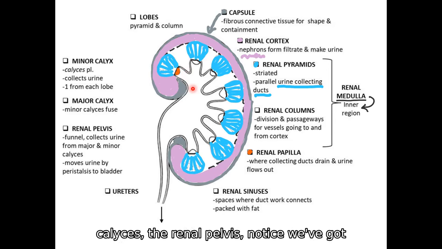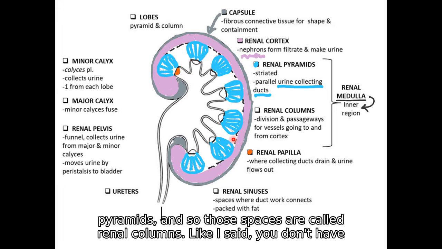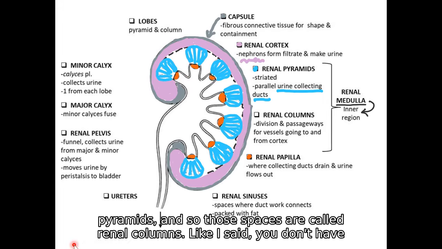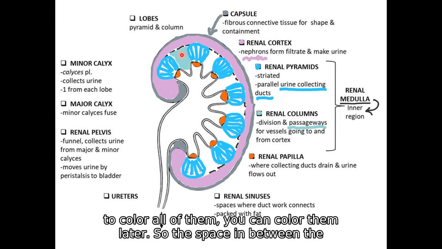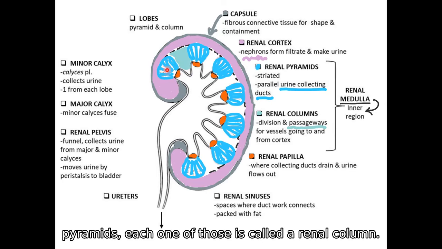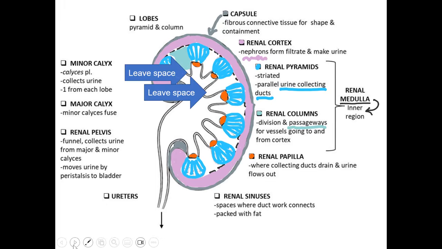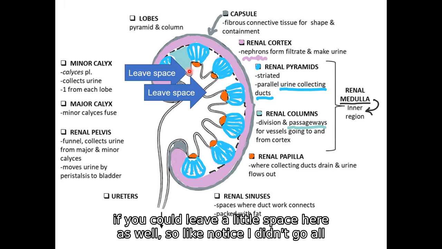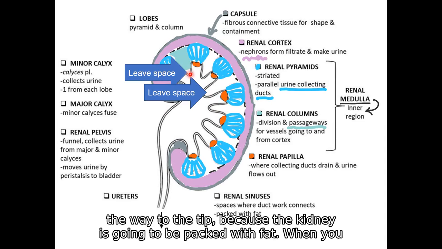So before we get to urine flow and the calyces and the renal pelvis, notice we've got these spaces in between each of the pyramids. And so those spaces are called renal columns. Like I said, you don't have to color all of them. You can color them later. So the space in between the pyramids, each one of those is called a renal column. When you're coloring these, if you could leave a little space here as well. So like notice I didn't go all the way to the tip